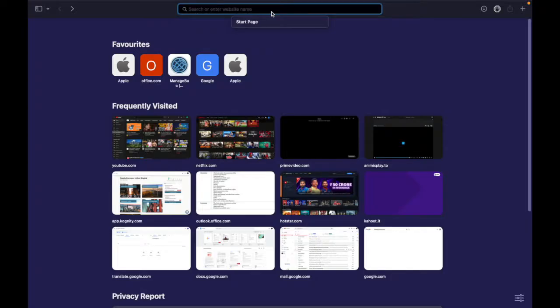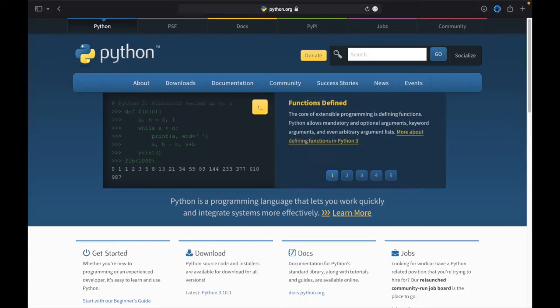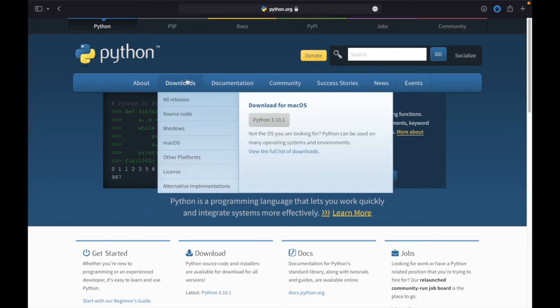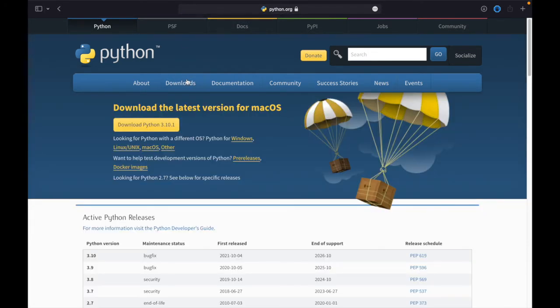In this tutorial, I'm going to show you how to download and install Python on your computer. So the first thing I want you to do is open up your browser and head over to python.org. On this page, click on Downloads and here you can see the latest version of Python. Chances are in the future when you are watching this tutorial, there is a newer version of Python available. Don't worry, all the materials you are going to learn in this course will apply to the latest version of